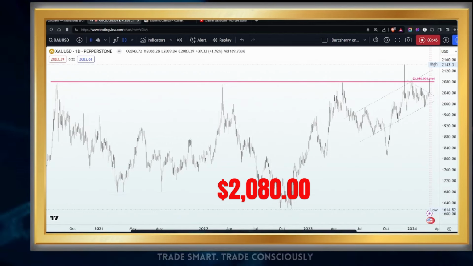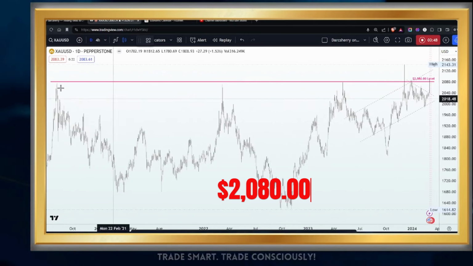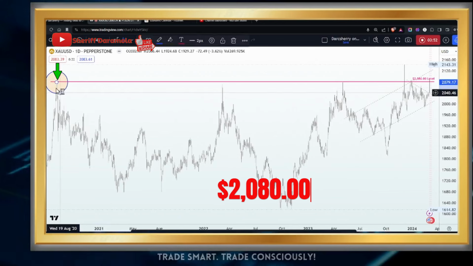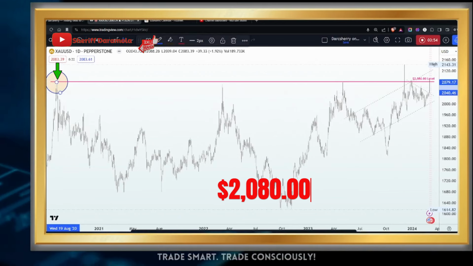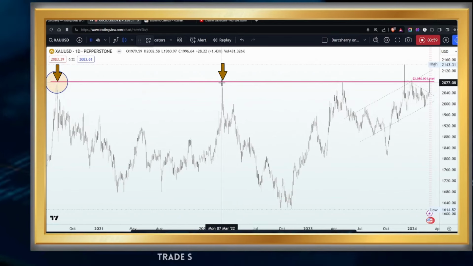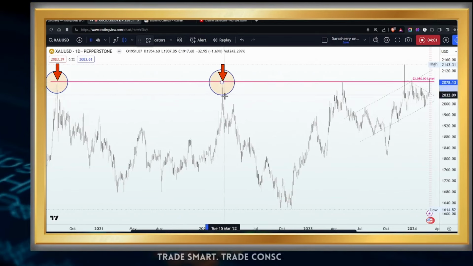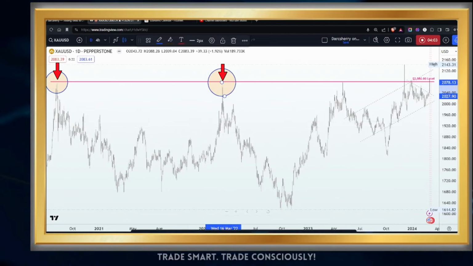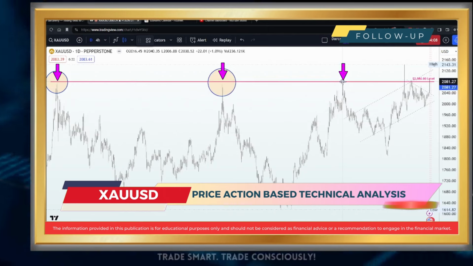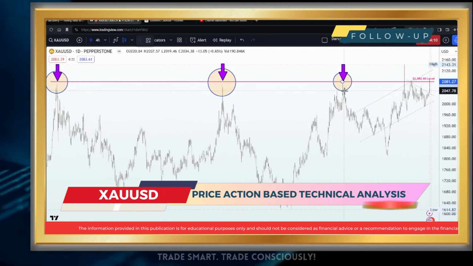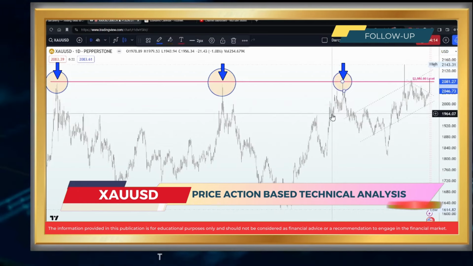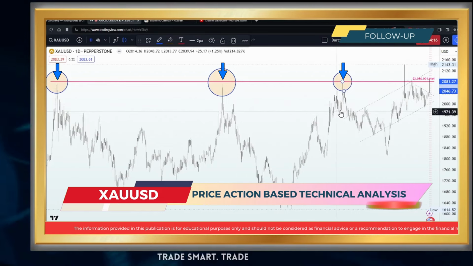Now, looking at what has been going on here, if you look at what happened here in the month of August 2020, you saw how that area was serving as a selling niche. Now, fast forward to March 2022, this area was also serving as a selling niche. Now, look at what happened here in the month of May of 2023. We saw as soon as price got into that level, another formidable resistance from the sellers